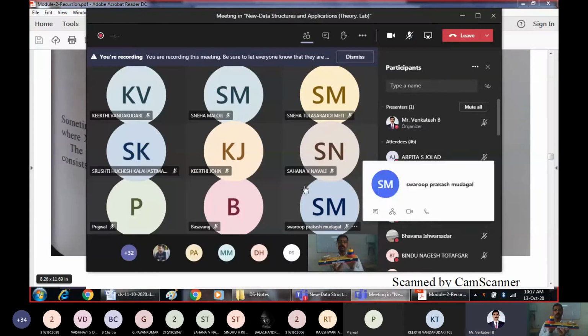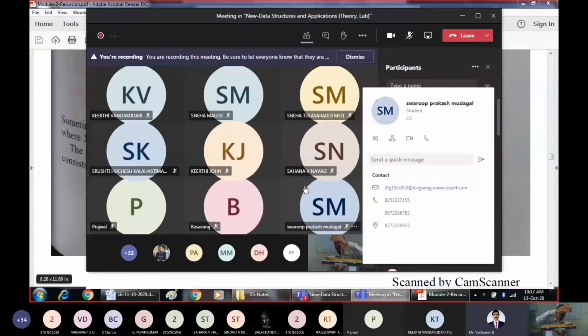Now the scenario becomes complicated when we increase the number of disks. For 4 disks, again you need to do more operations. When you increase the number of disks, you may not get the minimum possible movements in a single attempt. And if the number of disks increases to 5, I will add one more. Now there are 5 disks: 1, 2, 3, 4, 5. Again the complications will increase.